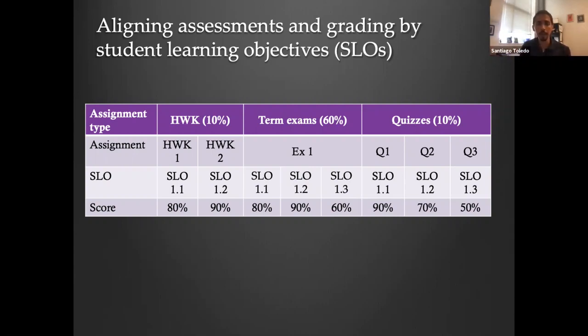So this is kind of the lowest hanging fruit in terms of changing your grading structure: it could be simply mapping out the different concepts within your exam, let's say, according to the learning objectives, and finding out, for internal purposes, how students are performing on each of those sections.